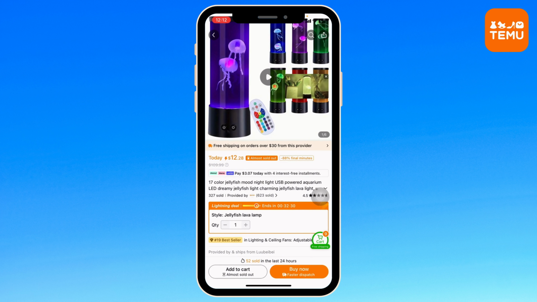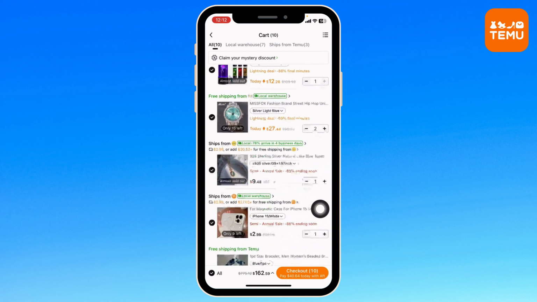Do the same for this item as well. Select the quantity and the color. Then you can click on add to cart. Once you are done with selecting the items, you can head towards the cart section. Just click on it. Now in this cart page, you're going to find all the items that you have selected